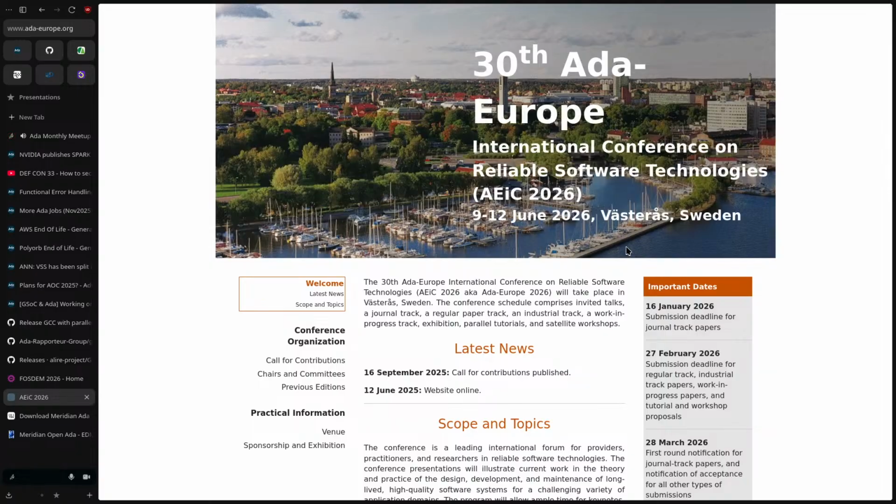And regarding the open source side of things, the Ada Developers Workshop, I still have to make a formal proposal to the organizers. But next year in June, I would also like to have the Ada Developers Workshop. That's still on my to-do list.